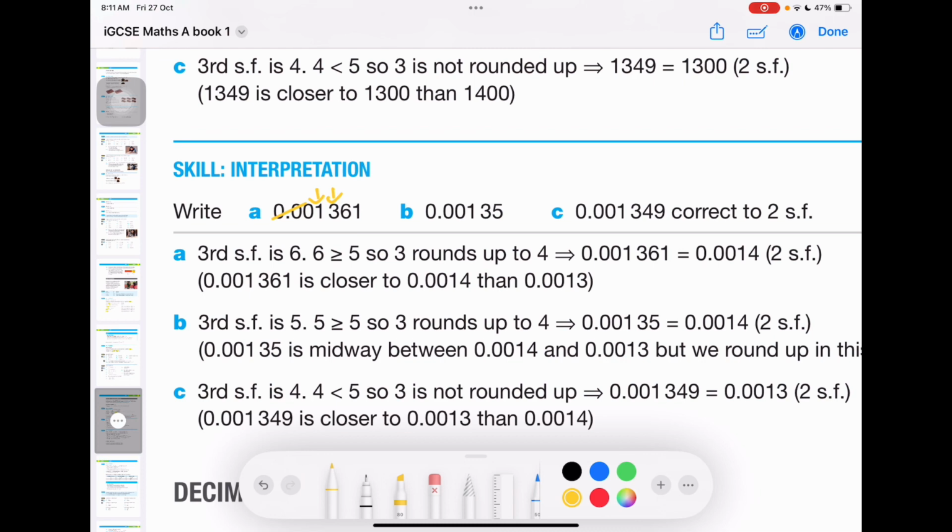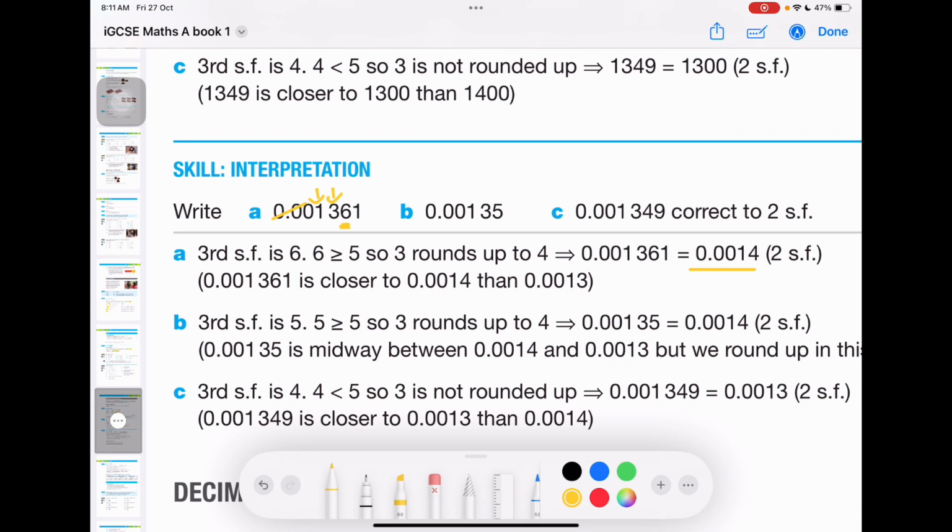So up to two significant figures, we therefore are going to take our guidance from the third significant figure as to whether we round up or round down. Therefore, since the third significant figure is 6, we are going to round up because it's more than 5. Therefore, it gives us the value of